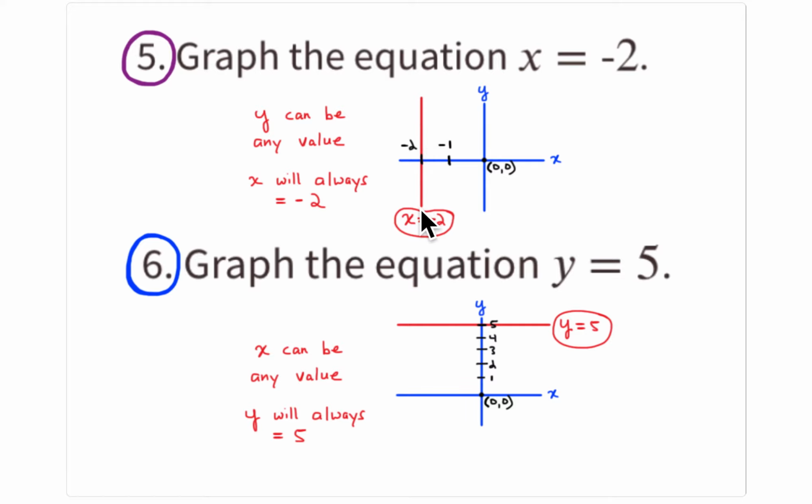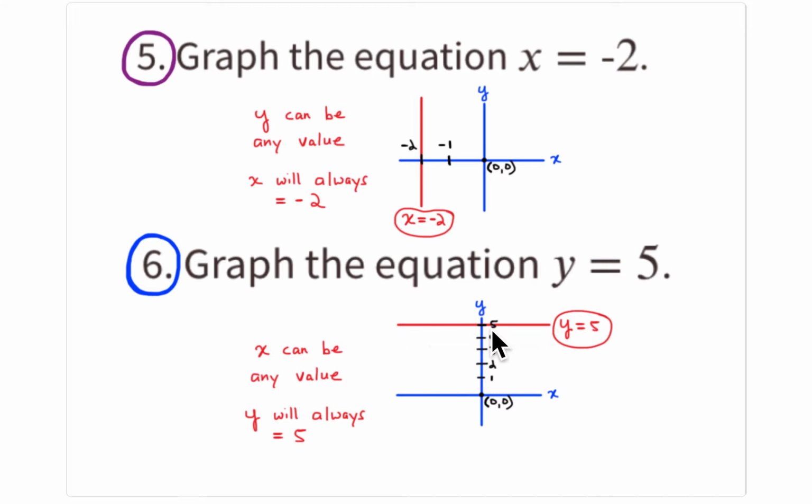That will be a vertical line. So the equation where x equals a value is a vertical line. The equation where y equals a constant value is a horizontal line, because wherever you move along the x-axis, your second move is always 5 units in the positive direction,